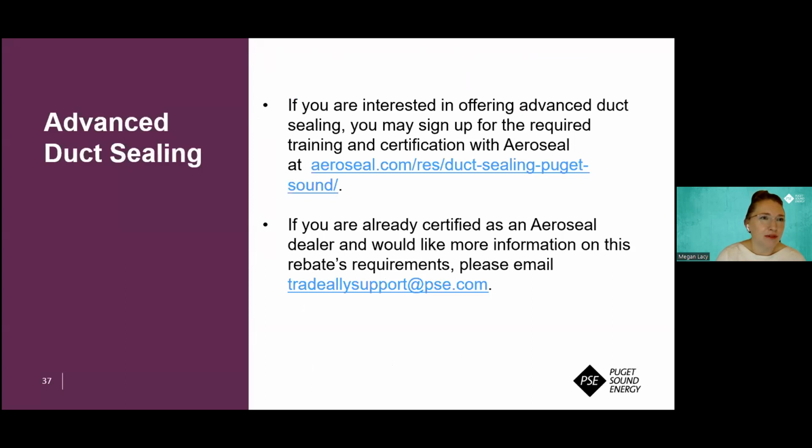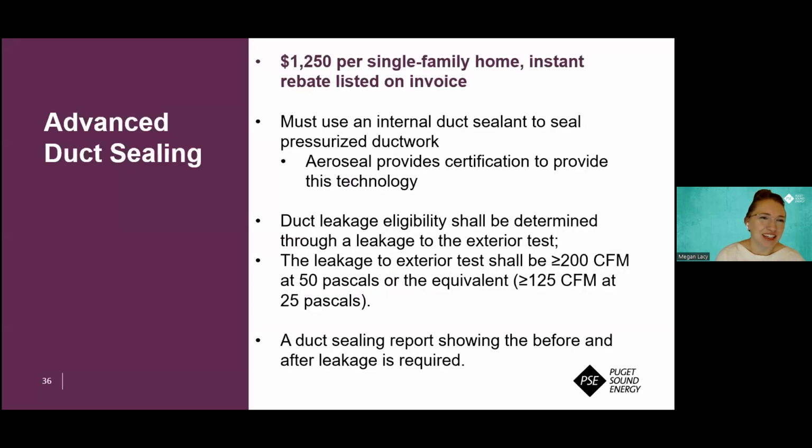Okay. Can we go back one slide? Sorry about that. I went on a tangent, but really quick, I want to talk about the eligibility requirements. We do use the pre-leakage test to determine eligibility. So the leakage prior to installation has to be greater than or equal to 200 CFM at 50 pascals or the equivalent. There's also another requirement